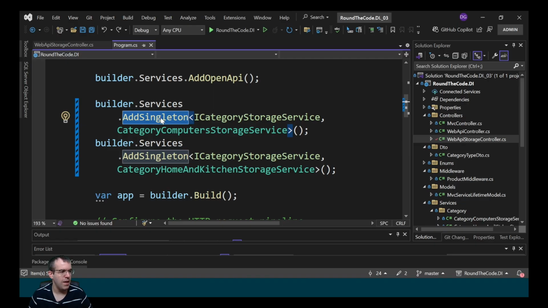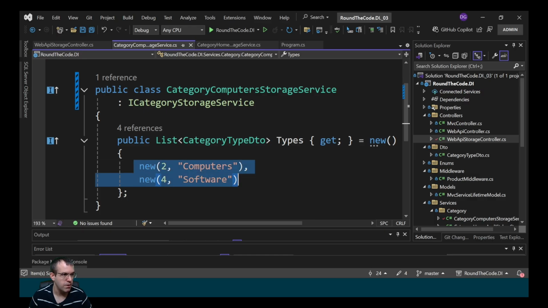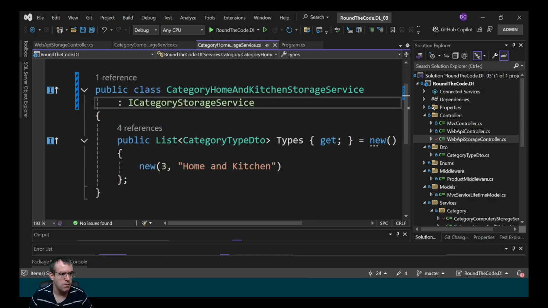class. Before keyed services was introduced in .NET 8, you could still add multiple implementations of the same service. This is how you did it. Here we're using the AddSingleton extension method to register multiple implementations of ICategoryStorageService. So we've got CategoryComputerStorageService and CategoryHomeAndKitchenStorageService. If we have a look at each of these classes, the CategoryComputerStorageService is returning a Types property with these category types. Whereas with the CategoryHomeAndKitchenStorageService, it's outputting this category type of home